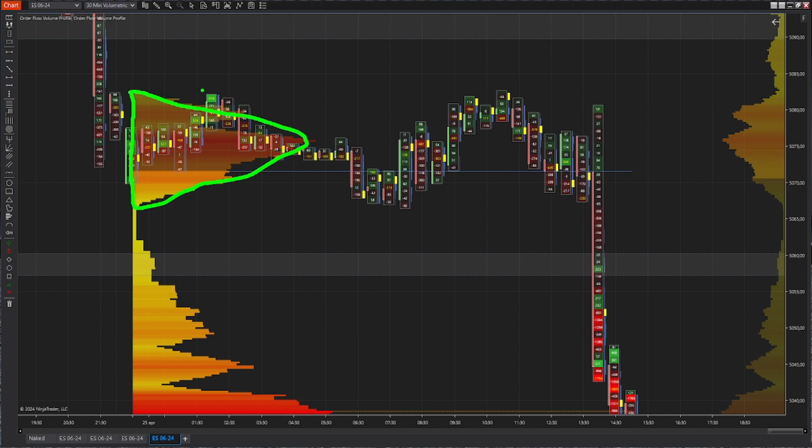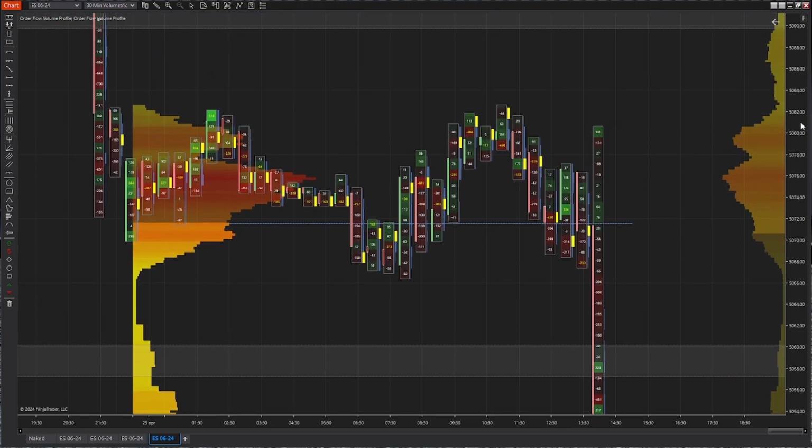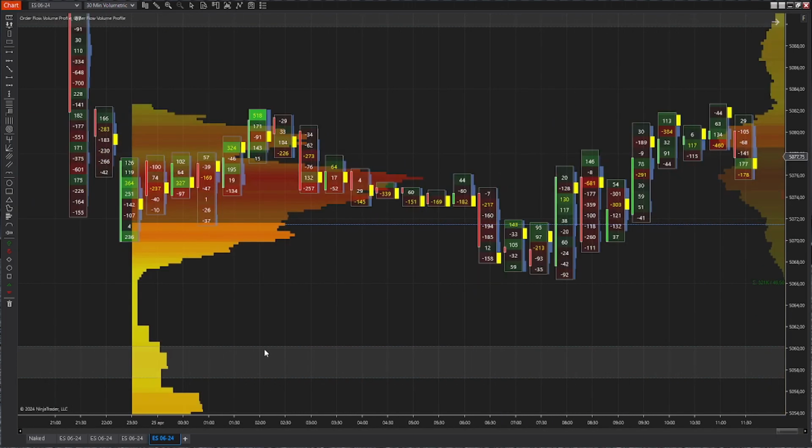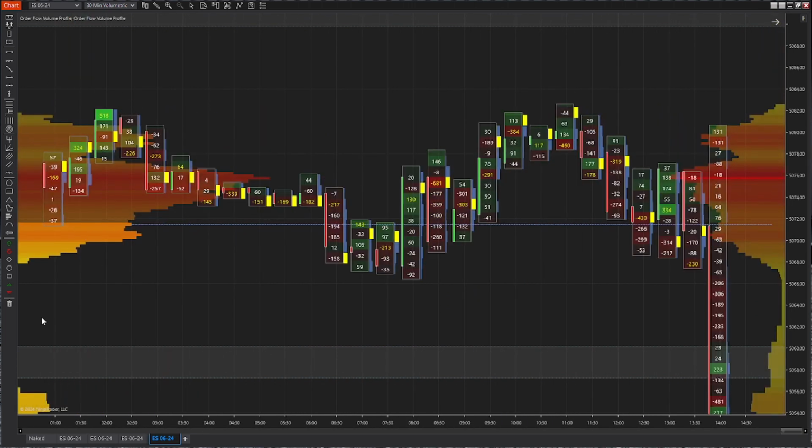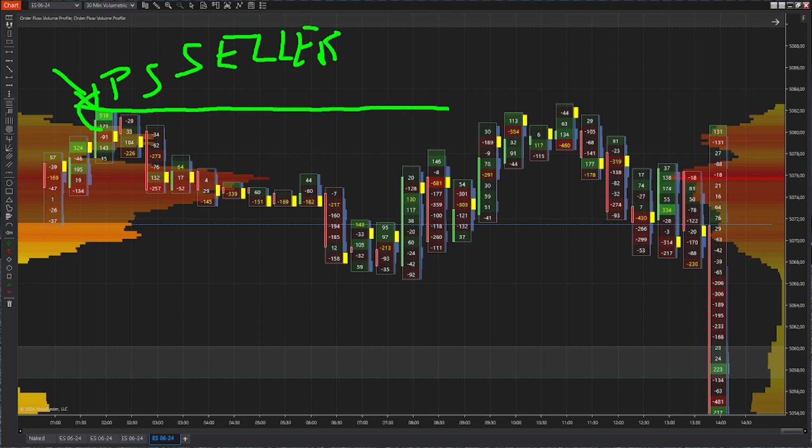See, we have some aggressive buying. I'm going to zoom in. We have some aggressive buying right here. So this is aggressive buying. So we know there's passive sellers trying to smack the price down. Why? Because we're entering a downtrend. So we're looking for sellers to smack the price down. When we enter 50.60, when we enter 50.90, we're still looking for those sellers to smack the price down. Once we re-enter this zone,